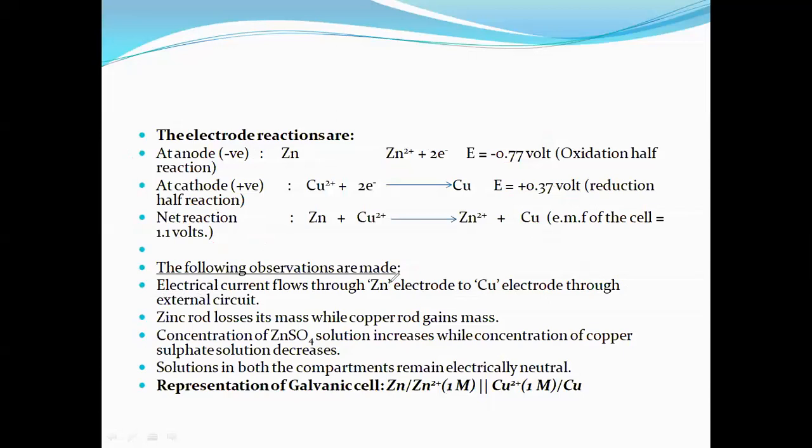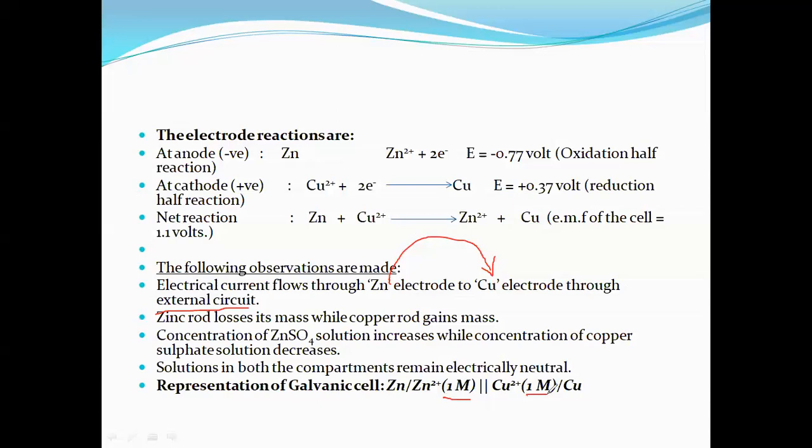The flow of electrons takes place from zinc to copper. Zinc is the anode, copper is the cathode. Zinc is the electron donor and copper is the acceptor. Loss of electrons is oxidation and gain of electrons is reduction. The flow of electrons is identified in the voltmeter. The zinc rod loses electrons and the copper rod gains electrons. The concentration of zinc and copper should both remain the same, right? Zinc sulfate is 1 molar, copper sulfate is also 1 molar.